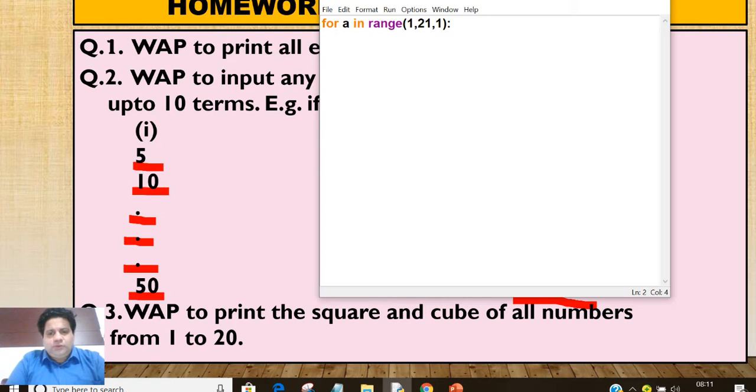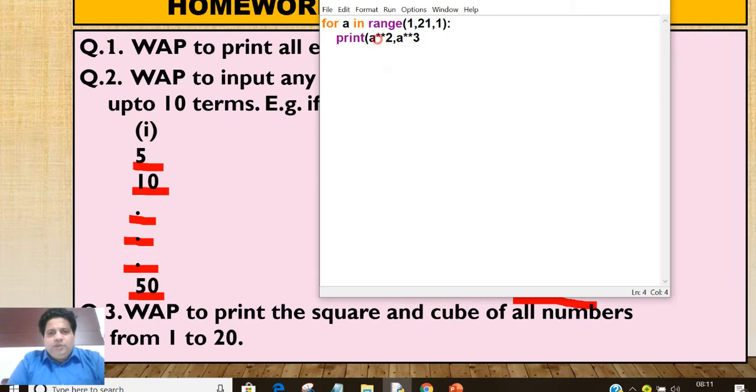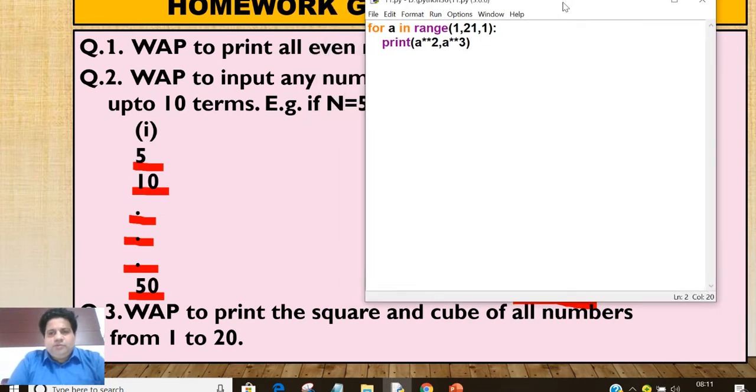Now print square, which means a into 2, comma a into 3. You all know that there is an exponential operator in Python, denoted by double asterisk. It means to the power of. So this means a to the power of 2 and this means a to the power of 3. Now run this program.